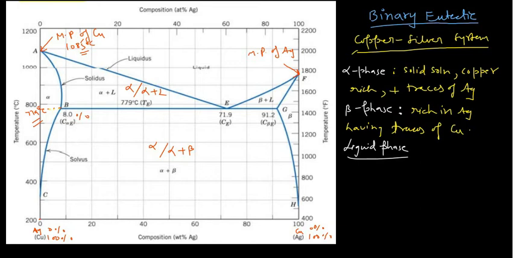So guys, please remember this point. Basically, this solvus line represents the locus of the solubility limits for the solid solutions in a multi-component system. That means a system which has more than one component. Remember, this line basically represents the locus of the solubility limit. Clear? And after that, the next line is the solidus line.